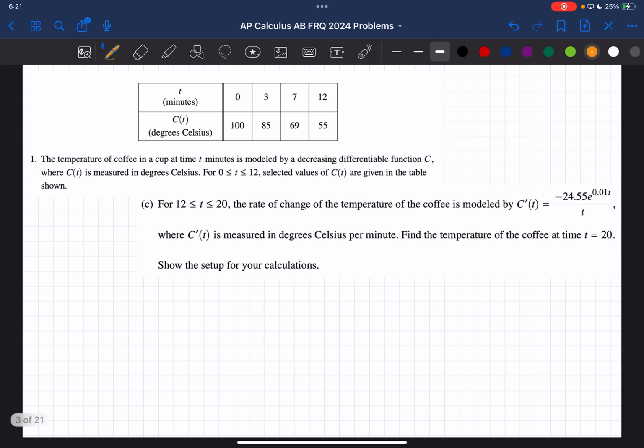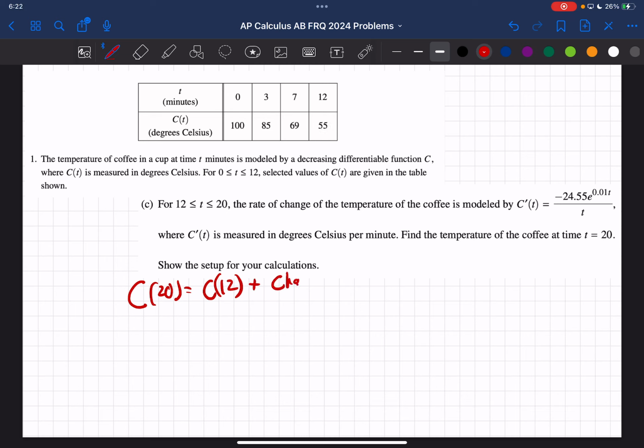Now with letter C, here it says from 12 less than t less than or equal to 20. So now we're going past the given table of values. And it says the rate of change of the temperature of the coffee is modeled by this formula c prime, which is measured in degrees Celsius per minute. We want to find the temperature of the coffee at time t equals 20. So we want to show the setup. To find that, we're going to take the last temperature that we know from the table, which is c of 12,